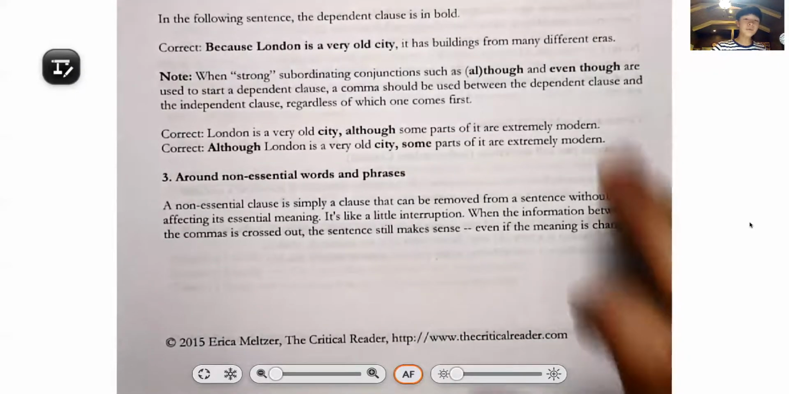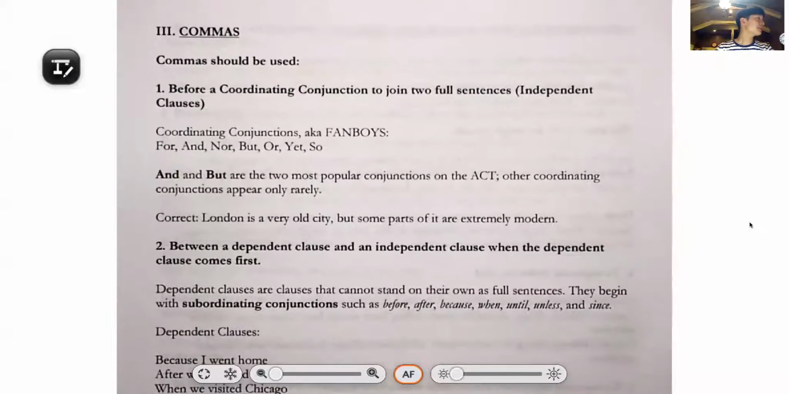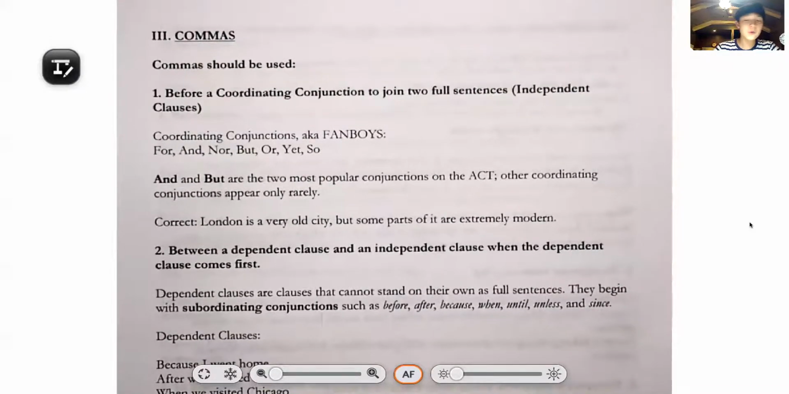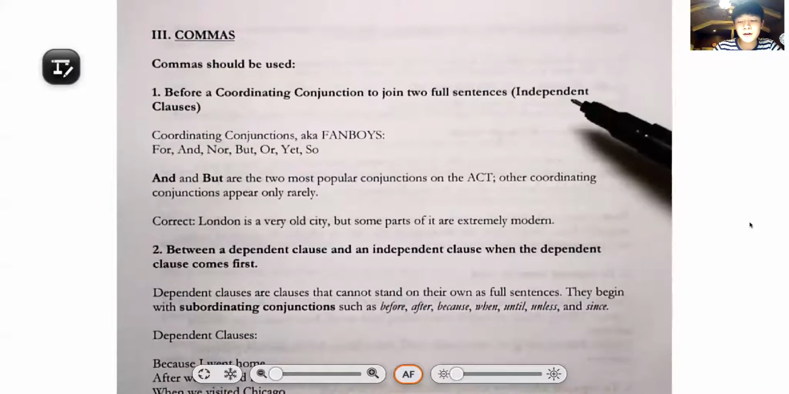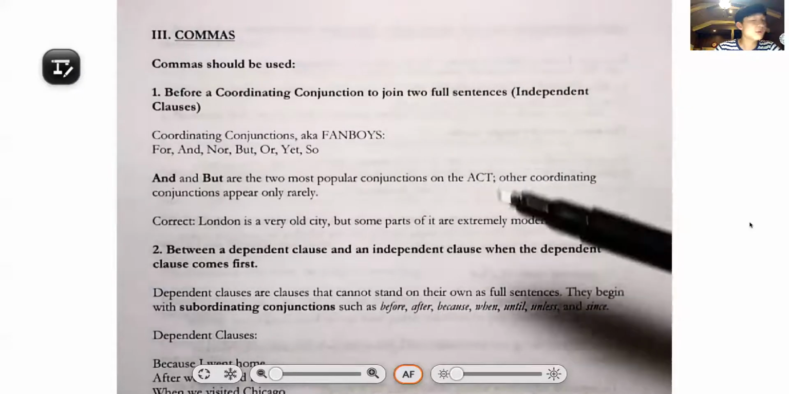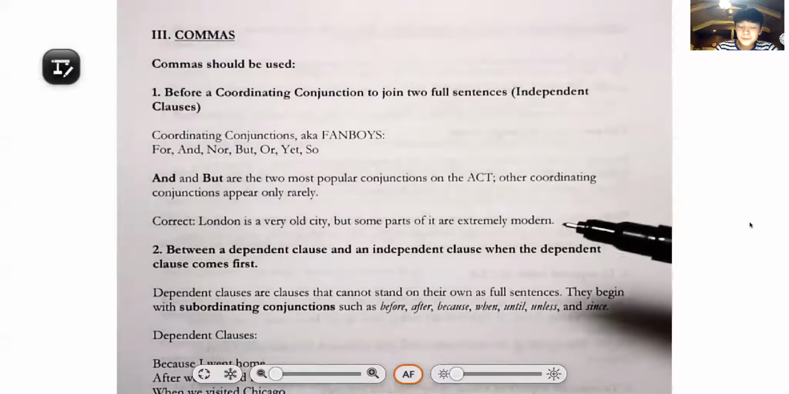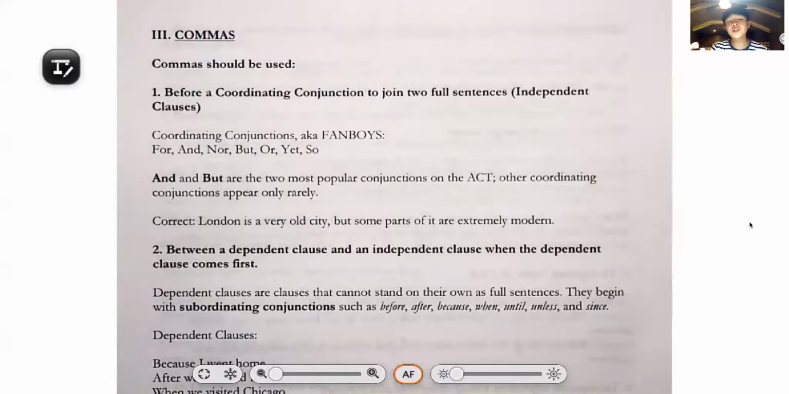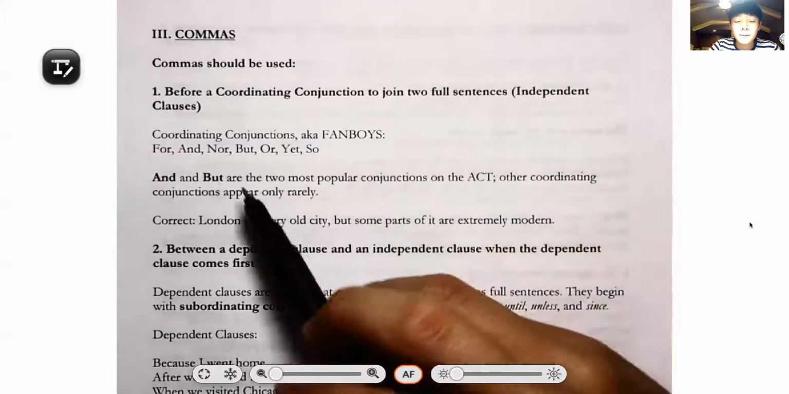So let's look at commas. Where should commas be used? Well, commas should be used before a coordinating conjunction to join two full sentences, two independent clauses, right? So your FANBOYS, right? For, and, nor, but, or, yet, so. So just know those. And you need to know that between two independent clauses, you'll see a comma and a